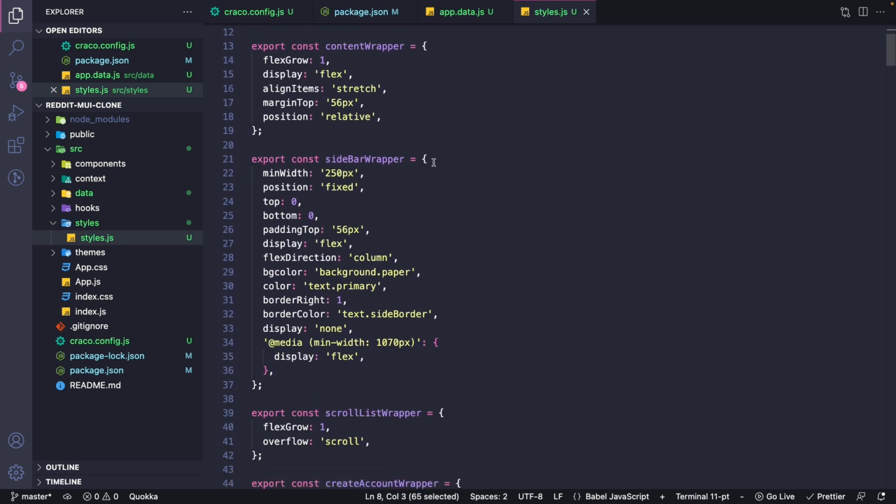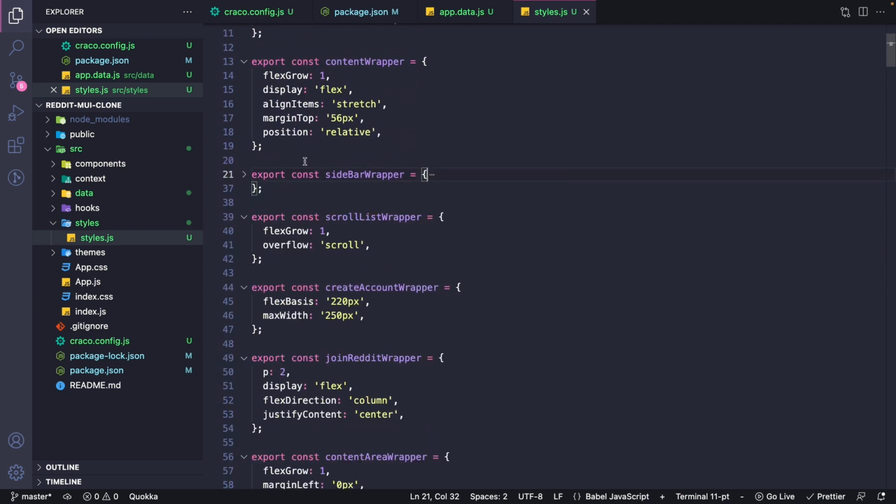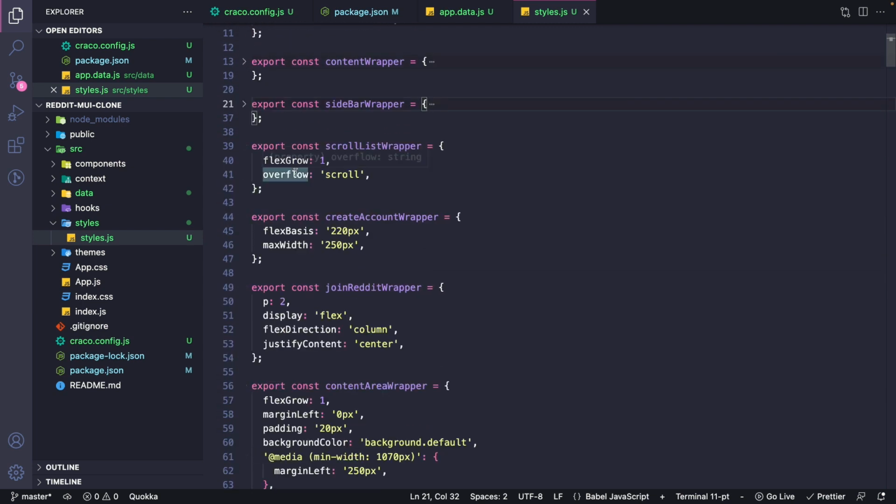If you notice, there are some places where I have used media queries and some places I have used the material UI theme based styles. So if you are more interested in learning, dig deep into these individual objects, which are nothing but styles. There is nothing more onto it. I have just exported them as objects so that it becomes a lot more to use within the individual components